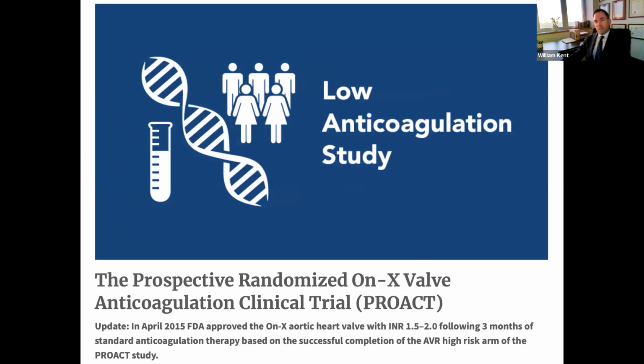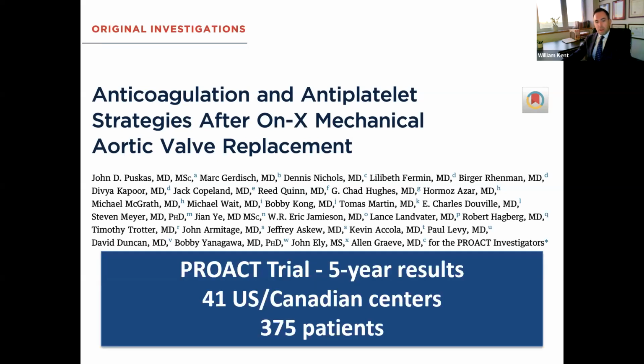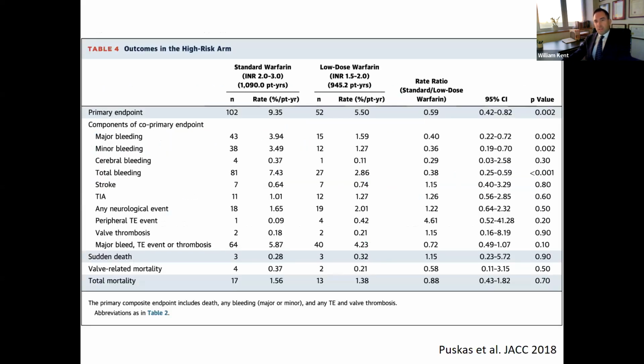And there's been advancements in the development of mechanical valves with low thrombogenicity. And so this is the PROACT study. This is looking at low anticoagulation with the Onyx mechanical valve. And this is the 5-year results, which were recently published. Again, this is 41 US and Canadian centers. Patients enrolled in Edmonton and Vancouver, 375 patients, and looking at patients managed with low dose warfarin with an INR